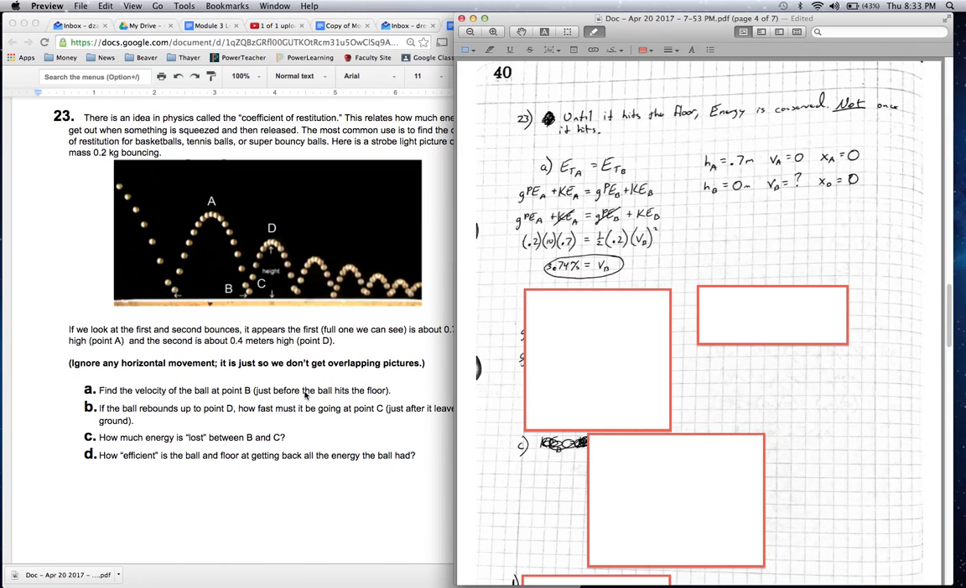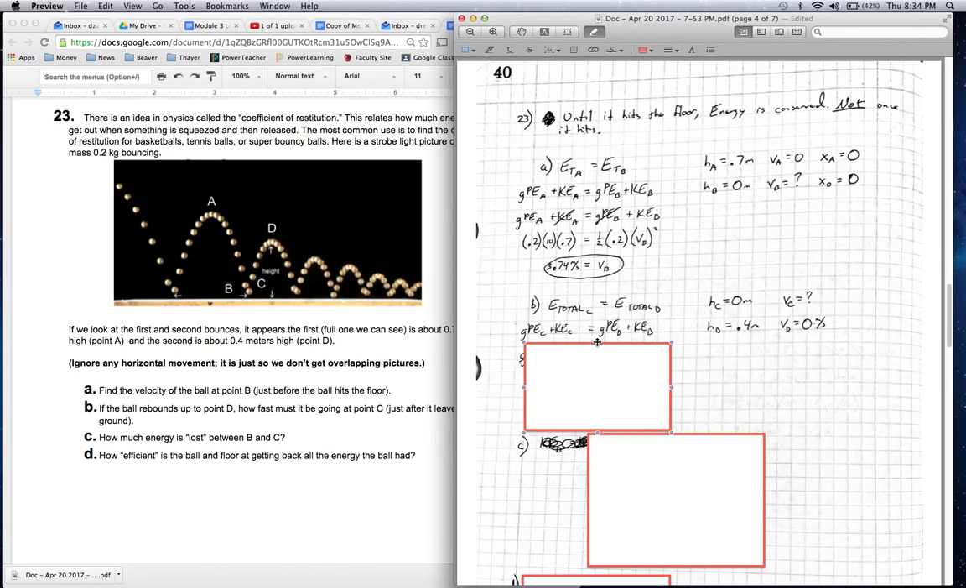That's for part A. For part B, it rebounds up to point D, how fast must it be going? Well, I know that the height at C is 0. It's just coming off the ground. I don't know the velocity at C. That's what I'm looking for. I know the height at D is 0.4, and the velocity at D is 0 because it's at that highest point. Because of that, I can say the total at C is the total at D,